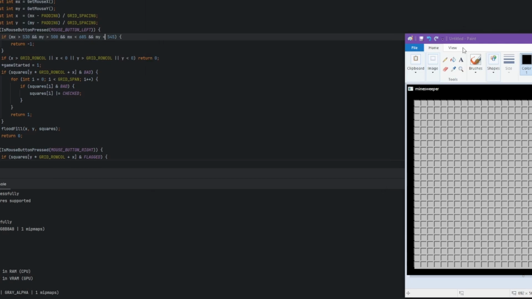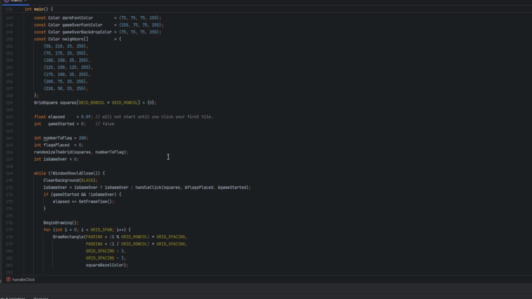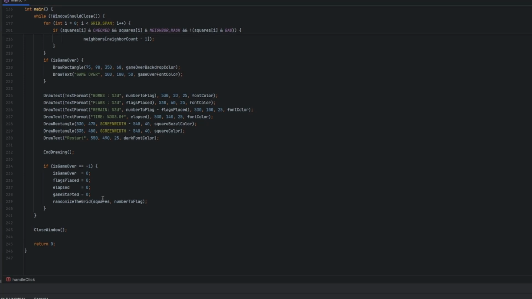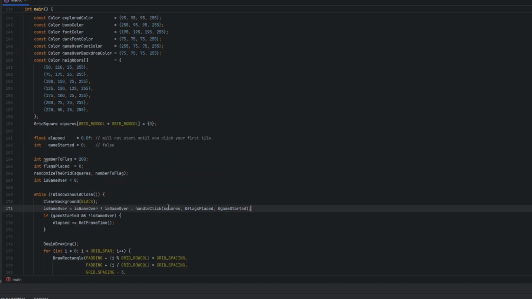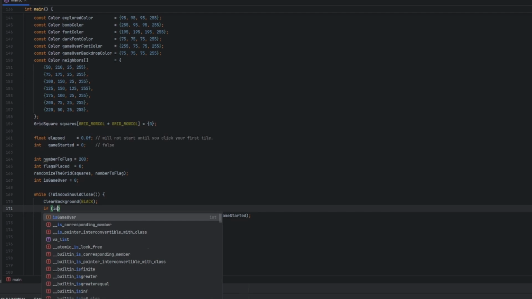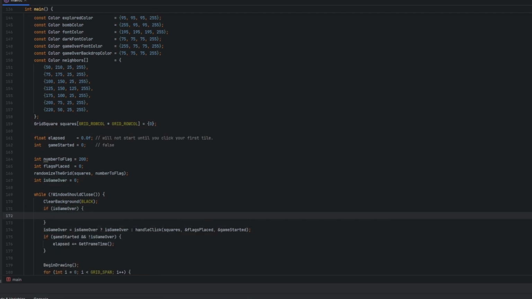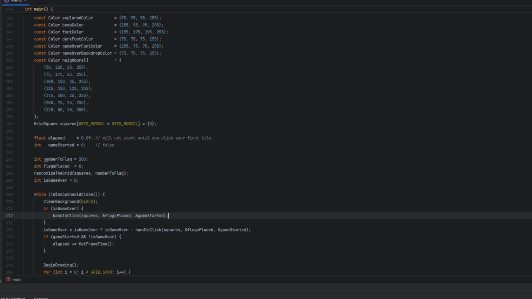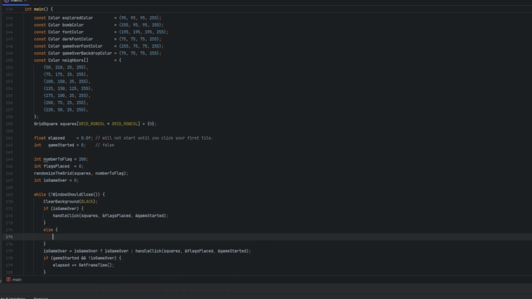Oh, so I gotta fix something because reset doesn't work twice. So what should I do about that? That would be is game over equals 0, flags placed, elapsed, game started. Randomize the grid. I'm trying too hard. I'm trying really hard to be clever. If is game over, handle click squares, flags placed, game started. Else